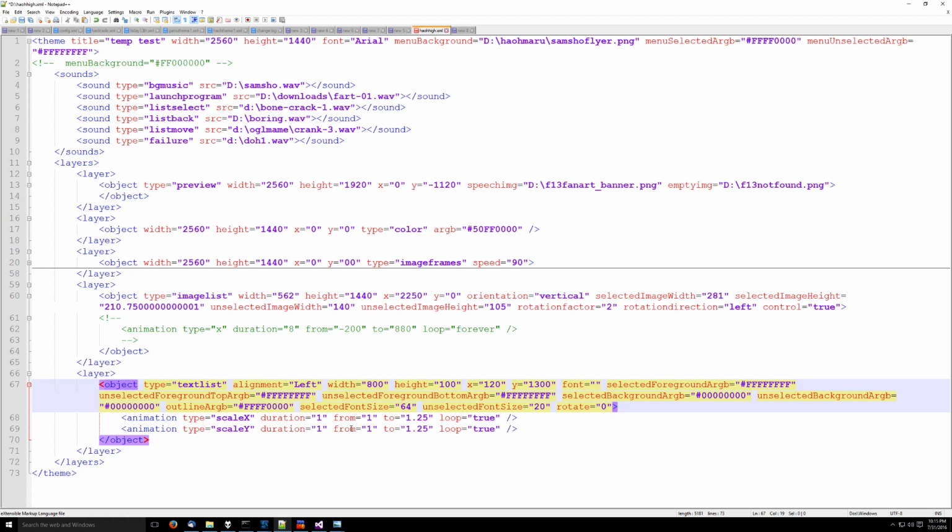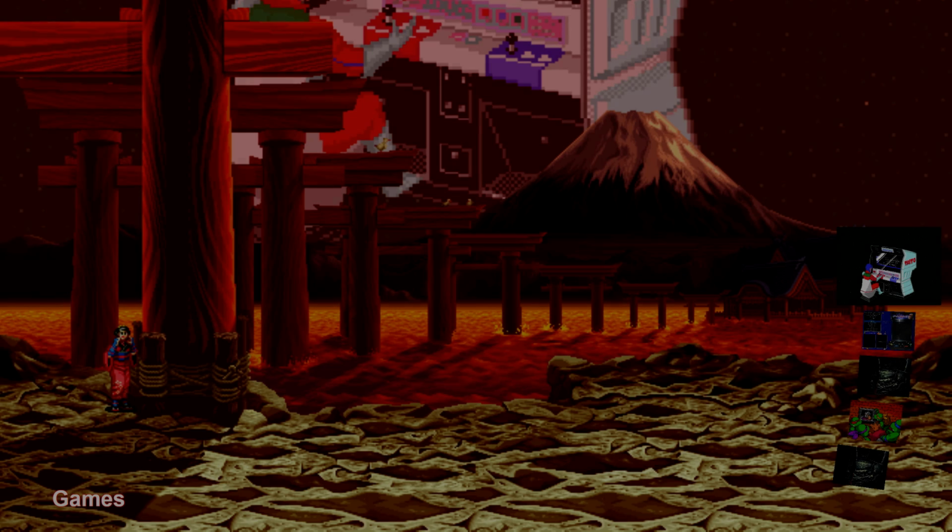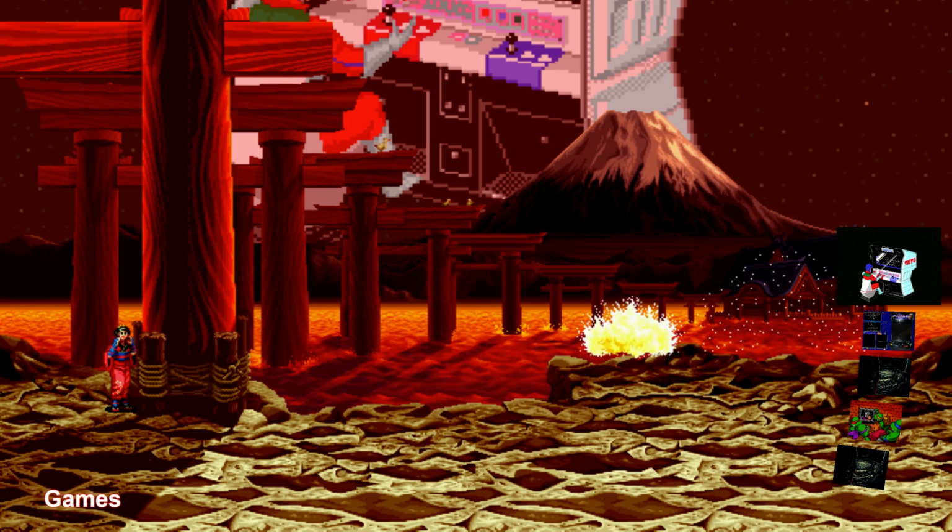I sized it so that only one item could fit in it, just so it shows the name of the current game, basically. Then I just slapped on these scaling animations. So there you go, 73 lines of XML, and you have all that. It would take you weeks, probably, to get the same effect in another